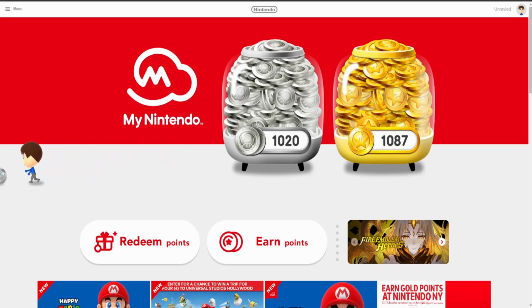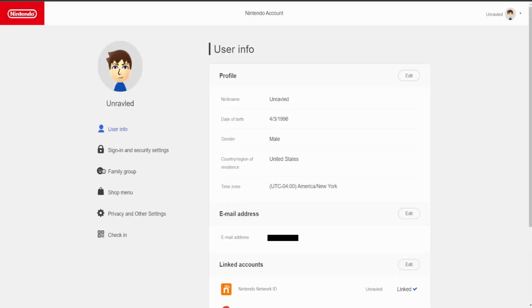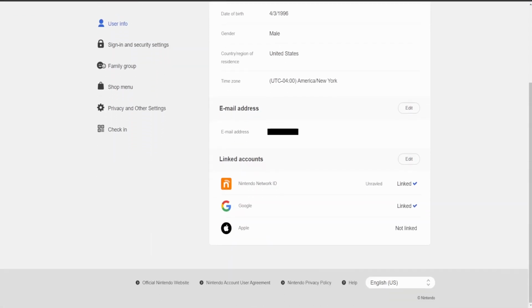The first thing you're going to want to do is go to your Nintendo account. I usually do this through My Nintendo because I think it's probably the fastest way to do that. Once you've opened this site, you'll click here on your name, you'll see your little character here. You click Account Settings. And from here, you'll go to your user info, and you're going to just scroll down until you find Nintendo Network ID. This is the account you set up on your 3DS. You will click Edit,